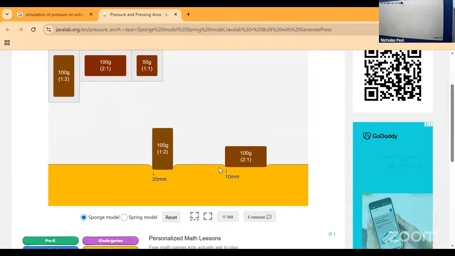Right? So Sarah said that the surface area here is smaller. You're saying that? So if your surface area is smaller, the pressure is larger. You're saying that? So how are they related? How is pressure